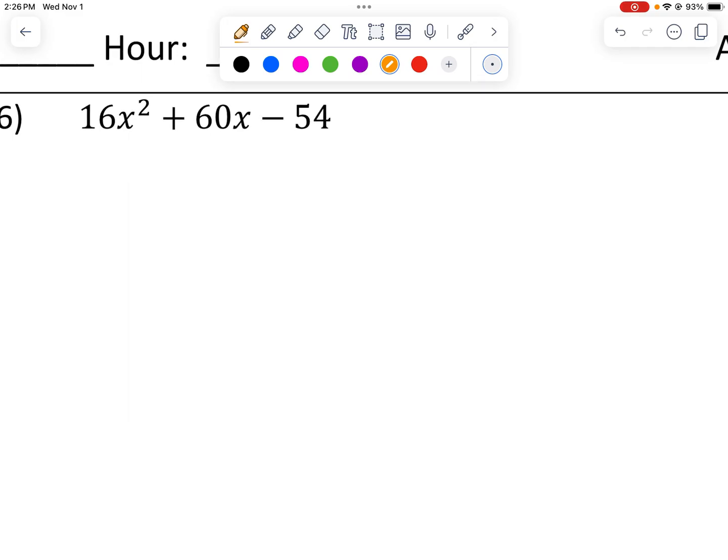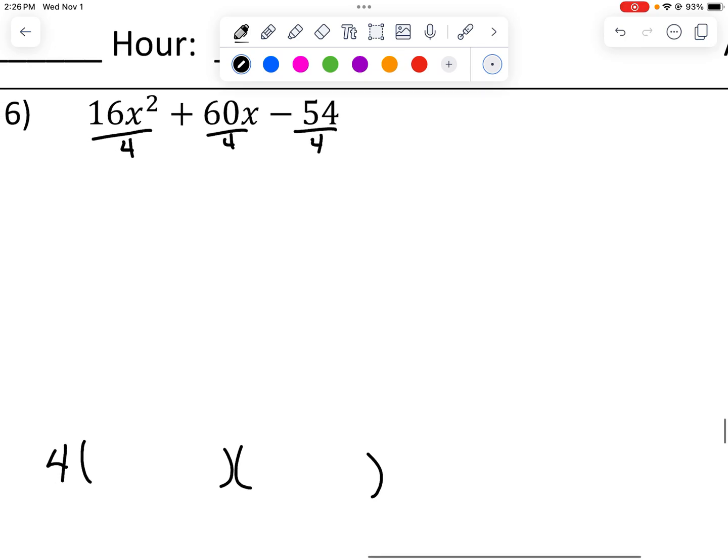So first of all, friends, I'm going to notice that this and this and this are all divisible by 4. So my answer is going to have a 4 in it. 16x squared divided by 4 is 4x squared. 60x divided by 4 is 15x. And 54 divided by 4 is